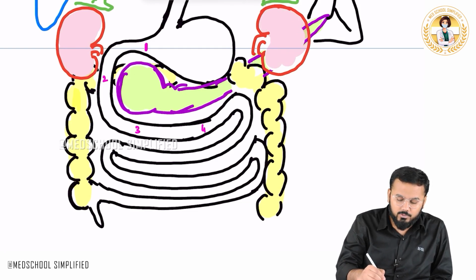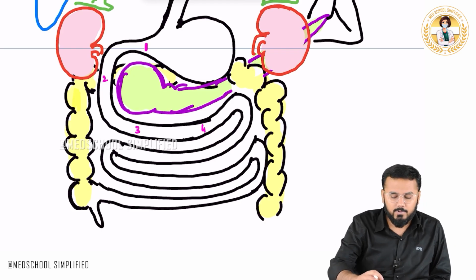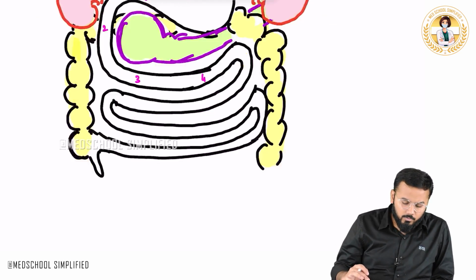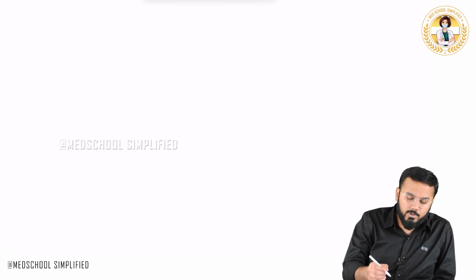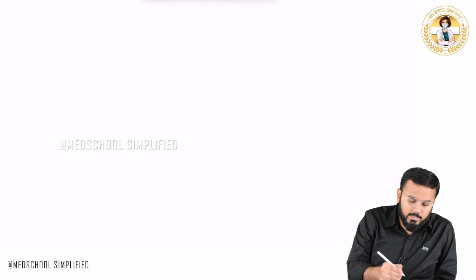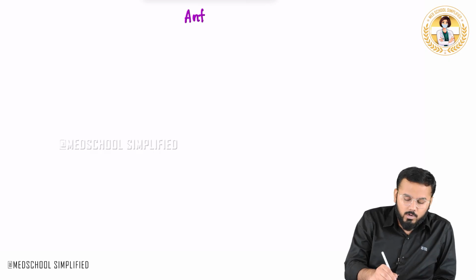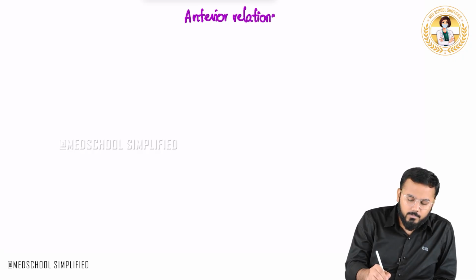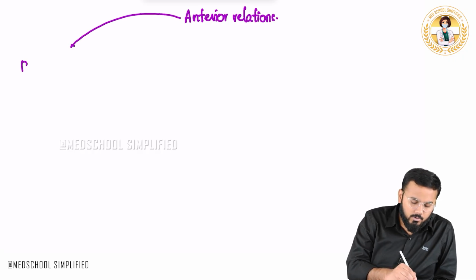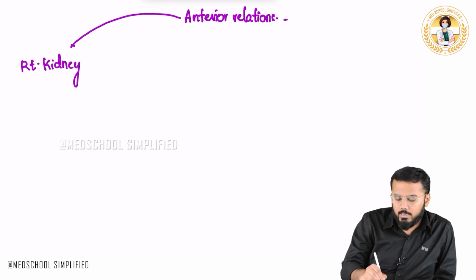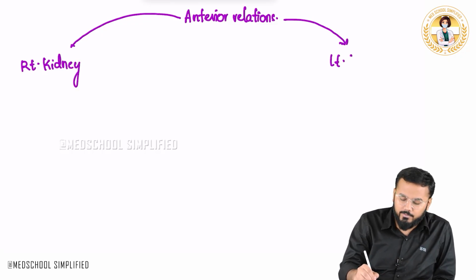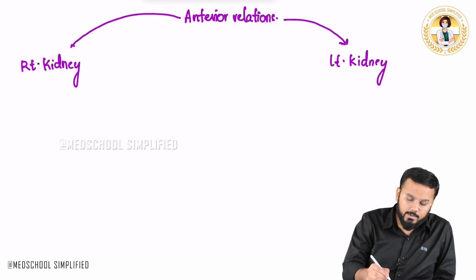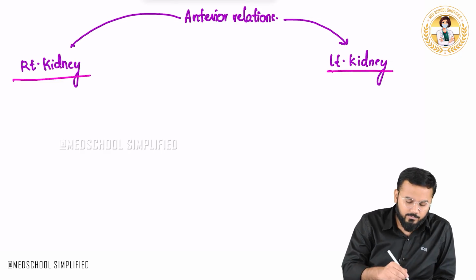So what are the anterior relations of the right as well as the left kidney? If you have to write down the anterior relations one by one, let us figure it out. What are the anterior relations of the right kidney, and what are the anterior relations of the left kidney? Regarding the anterior relations of the right kidney and the left kidney, the first important part